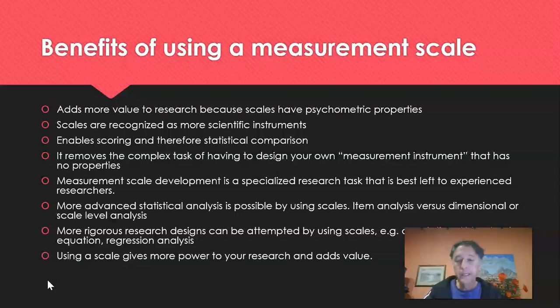This implies that you can use more rigorous research designs, such as correlational studies or structural equation modeling or regression analysis, which are far more advanced and specific kinds of research designs. So using a scale gives more power to your research, and it adds value. And there's one thing that I didn't mention here, but if you use a scale that someone else has developed,